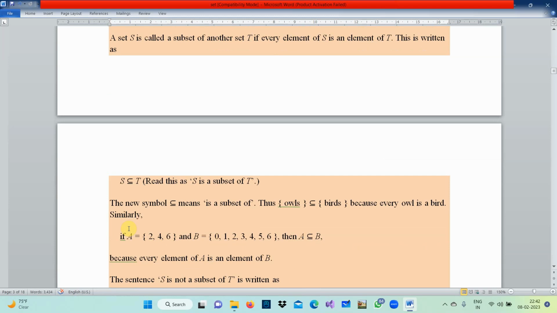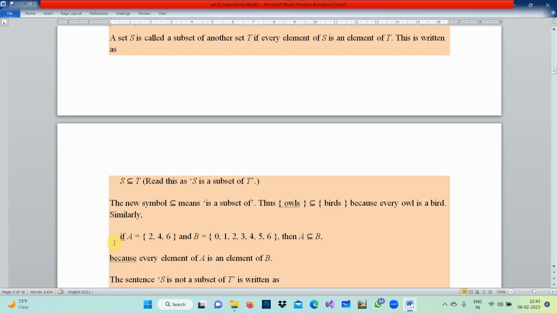I write S is a subset of T. T is a superset and S is a subset of T. We read it like this: the new symbol means is a subset of. That means the owl is a subset of birds, because every owl is a bird, but not all birds are owls. Got it now?